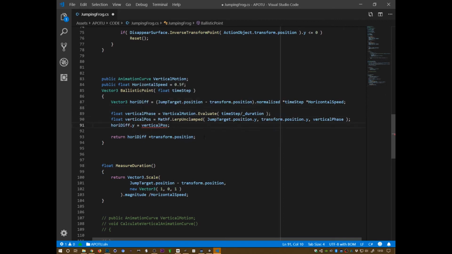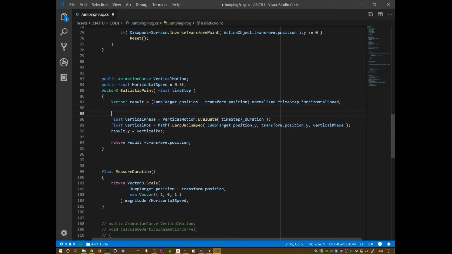So this is not so much of a difference if I use the absolute coordinates here. But I only use the relative difference here. Let's rename this into just result, and then turn that into something absolute here by simply adding